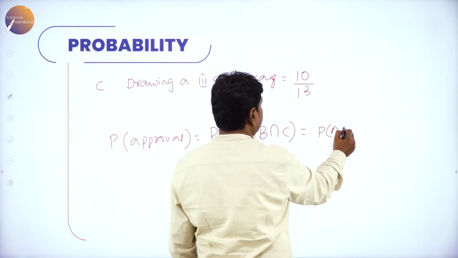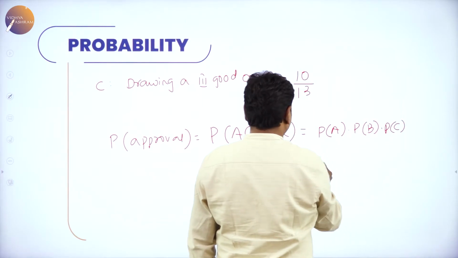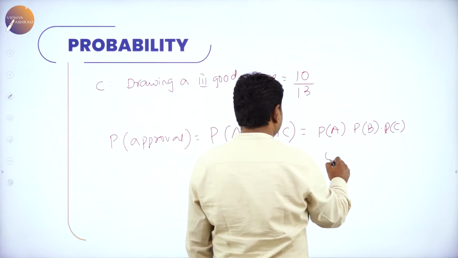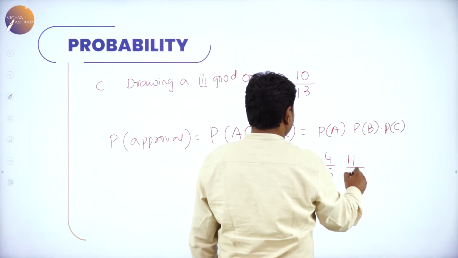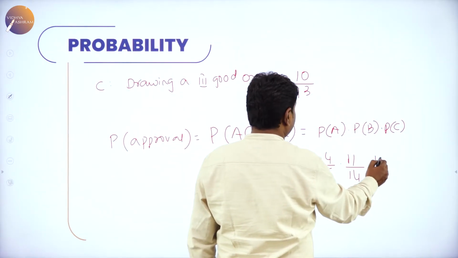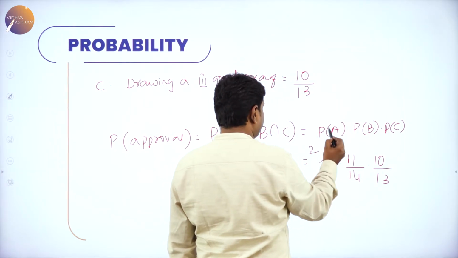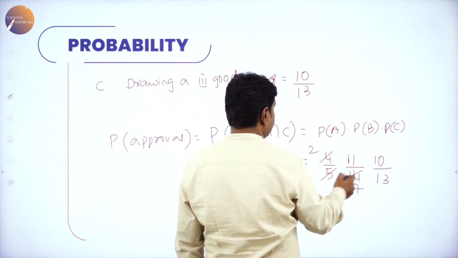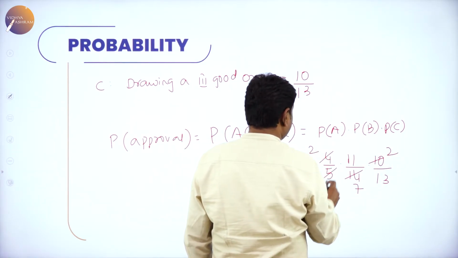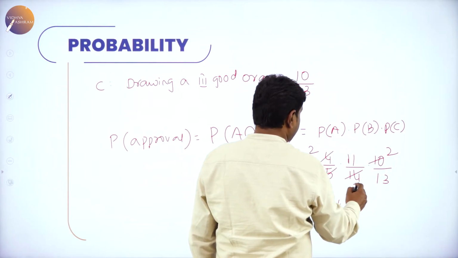P of A into P of B into P of C. So now, P of A, you know what P of A is? We got 4 by 5. P of B, you know what P of B is? 11 by 14. And P of C, just now we got 10 by 13. Simplify this. 2 2s are 4, 2 7s are 14, then 5 1s are 5, 2s are. So numerator: 2 2s are 4, 11 4s are 44, divided by 17 into 3,